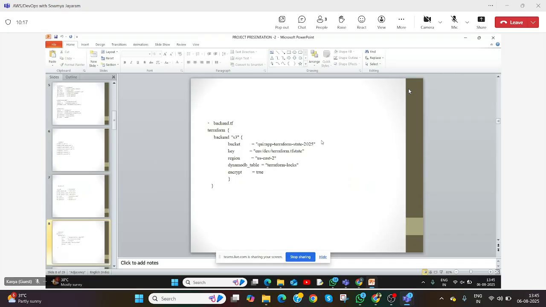This line indicates my bucket name, which I have created. Then key is like a location, the path where I'm going to store my TF state file. And this is the particular region where I'm going to deploy. Then